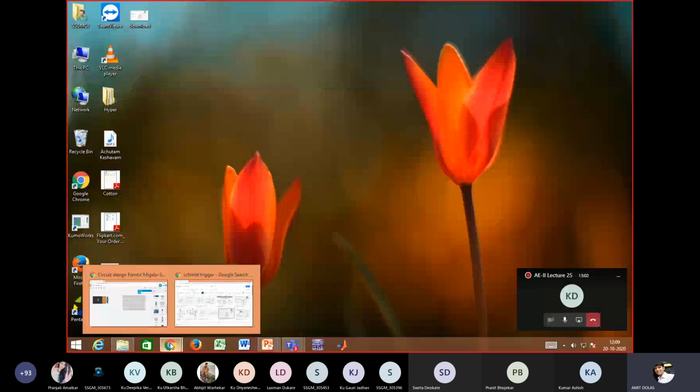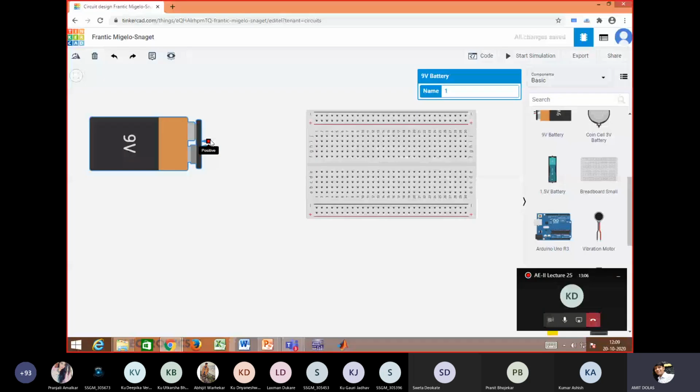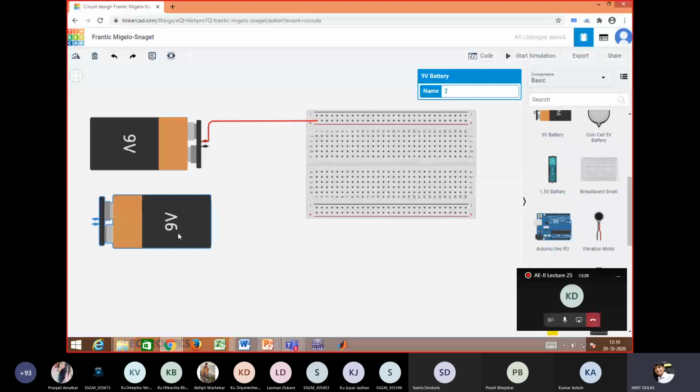So this is one of the batteries, positive supply is there. So I'll connect the positive line to the positive one. This I will say is red in color. Then I will use another battery again. This one, I'll rotate it.